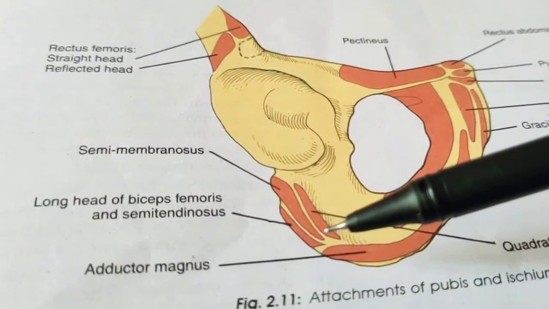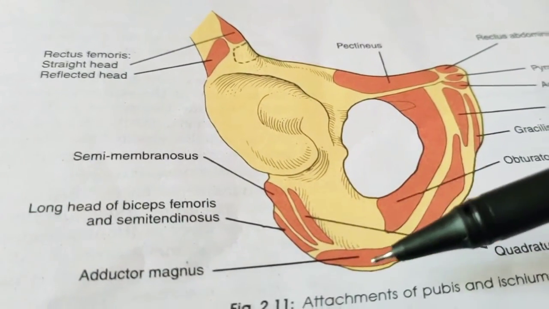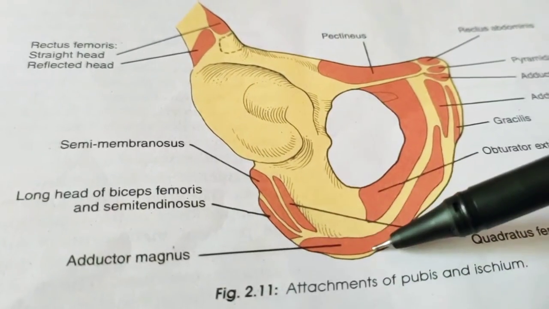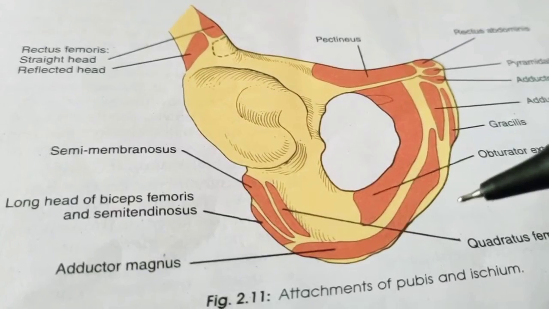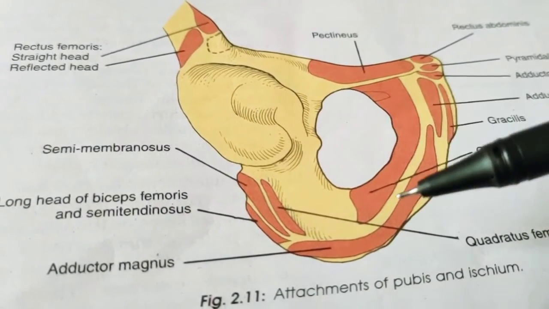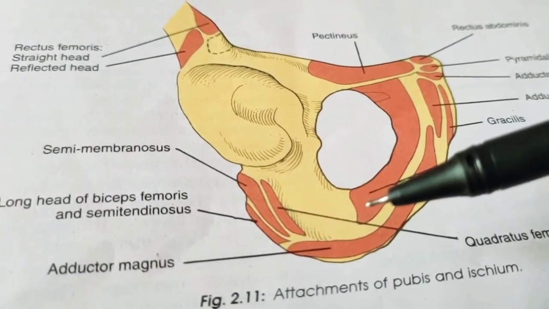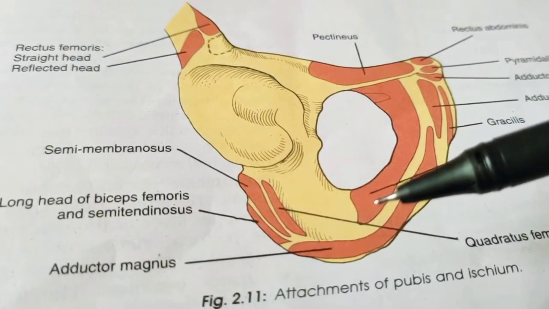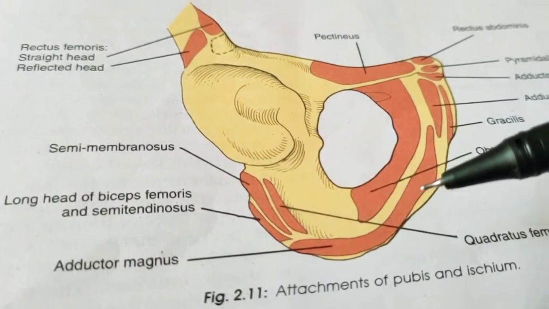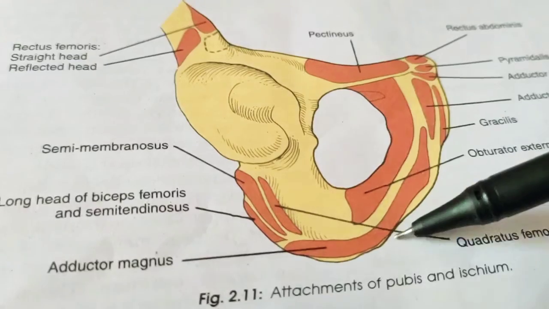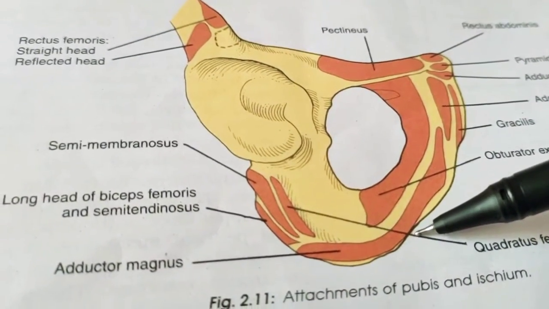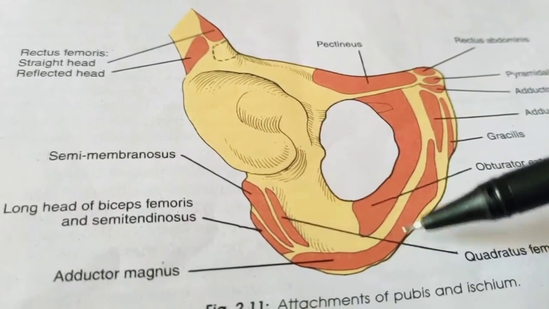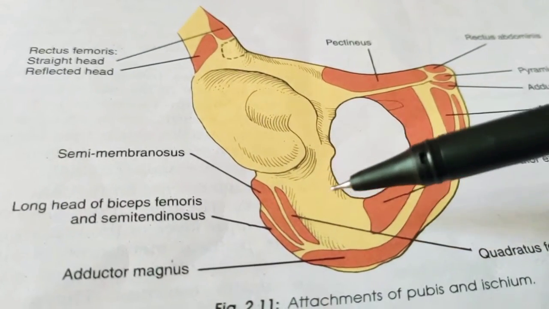Also the outer lower area gives origin to adductor magnus, and the inner lower area is covered by fibrofatty tissue which supports the body weight in sitting position. The sharp medial margin of the tuberosity gives attachment to the sacrotuberous ligament. This sharp one will give attachment to the sacrotuberous ligament. And the lateral border of the ischial tuberosity